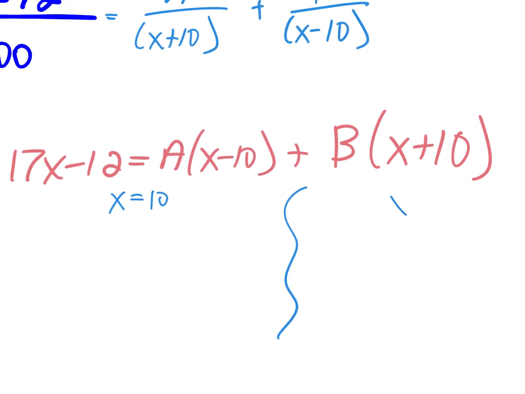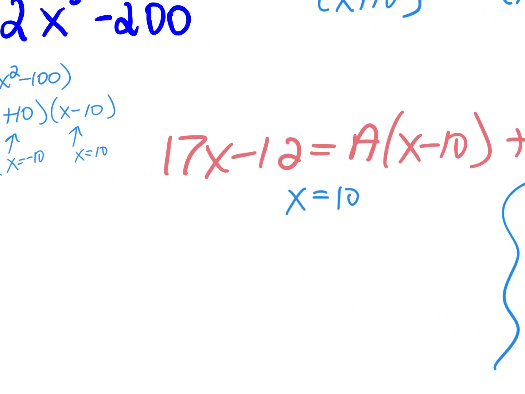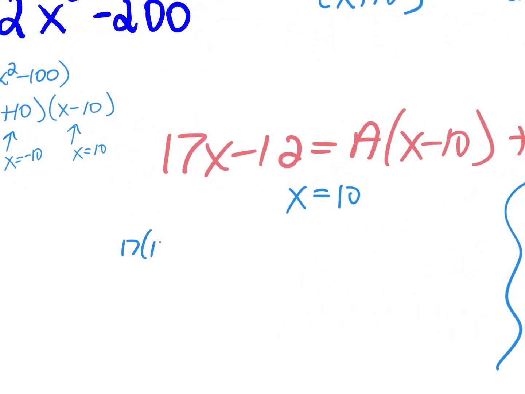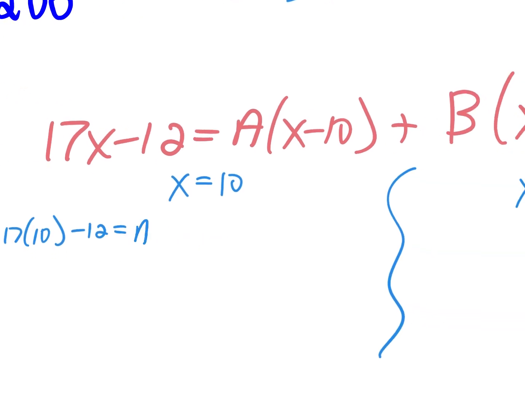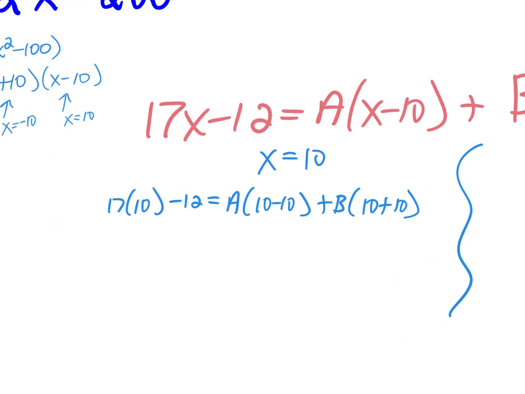And over here, x equals negative 10. Again, you could have done negative 10 first and positive, doesn't matter. So I have 17 times 10 minus 12 equals A times 10 minus 10 plus B times 10 plus 10. Left to right, 17 times 10 is 170. And 170 minus 12 is